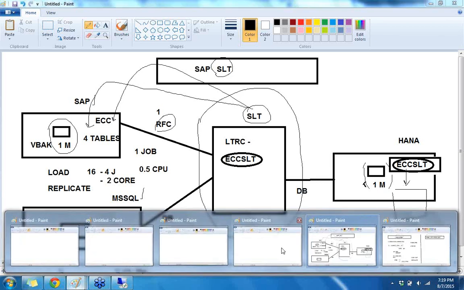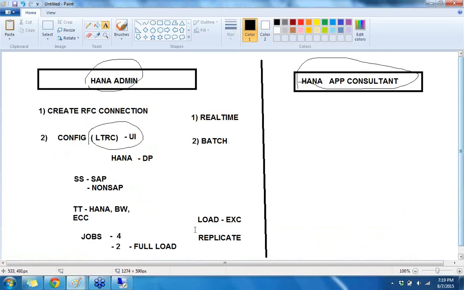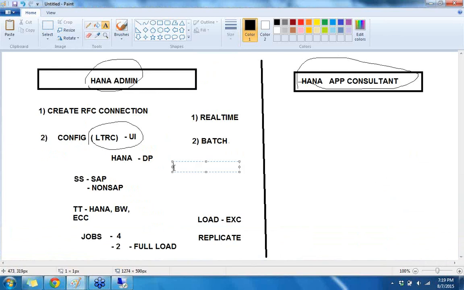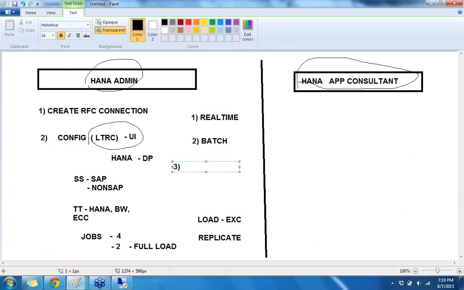Now also if we notice, once the configuration is created, now this is the second step. In the third step, once the configuration is successfully created, in the next step,